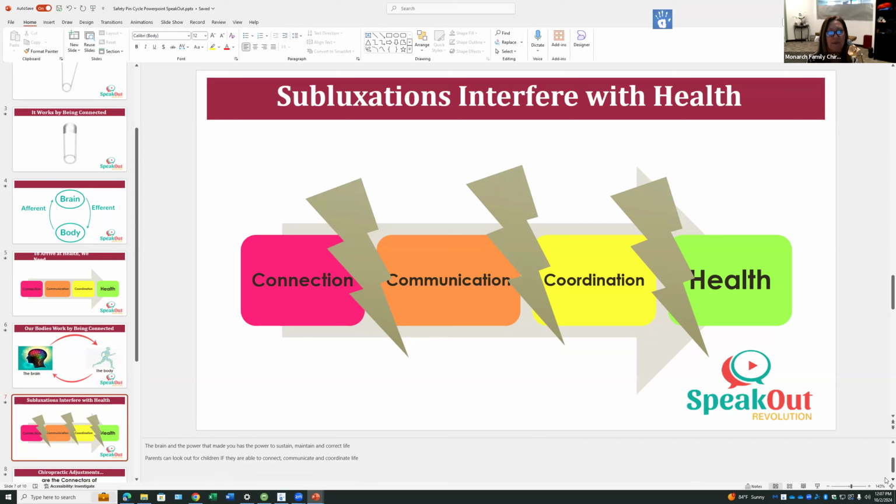I guess this is a great time to bring kids into this component, because I think about traumas that kids have and how that health gets disconnected early on, and we don't know it or realize it or see it or relate it to this because of how we're poorly educated. And so if a kid falls off the bed, falls off the changing table, falls in a sport, gets hit in the head, lands off of a swing set, gets knocked out in a sporting event, or falls in some activity off their bike, or in doing any such thing, it has got to be a priority that we check them, that we connect to see if the connection and coordination is happening between their brain and their body. They are so